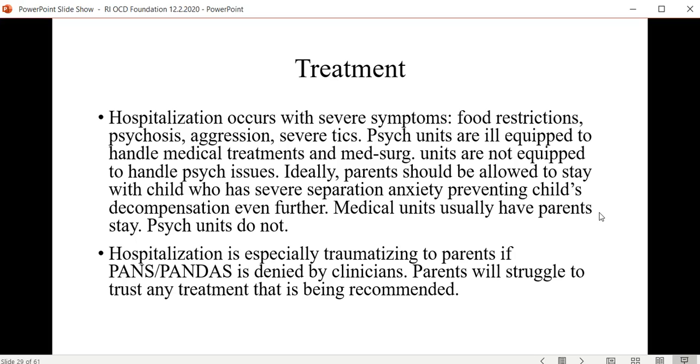I'm not saying don't hospitalize. I argue with parents a lot that they have to be hospitalized because the bottom line is safety, safety of self and safety of others. But it is very traumatizing, as it always is for any family. But if you have a child who is depressed and suicidal and talking about suicide, if you've known them to be depressed, it's not as much of a shock as a parent who's had a typical child with no depression, no anxiety, no OCD, no ADHD 3 weeks ago,